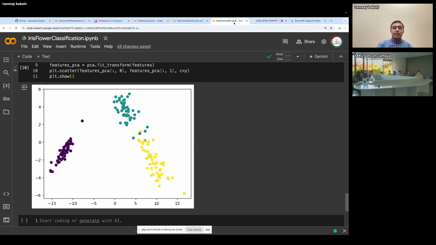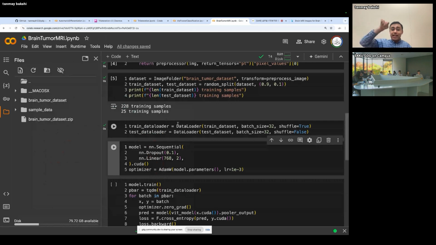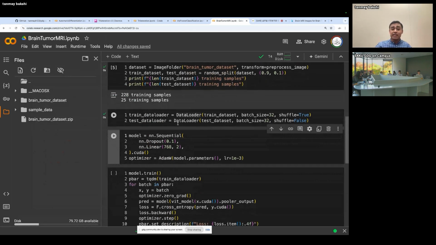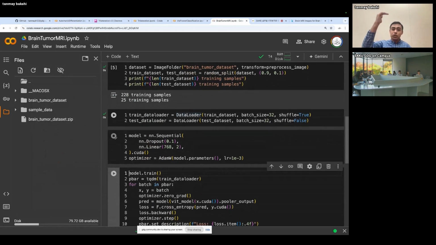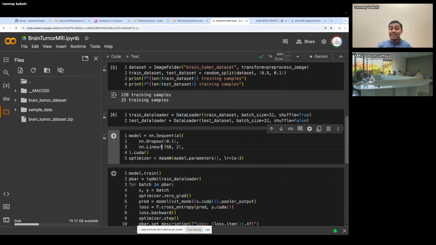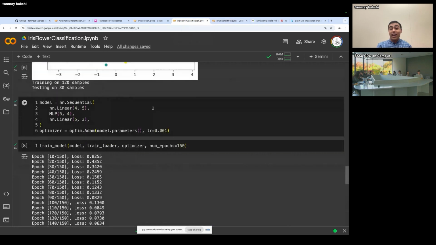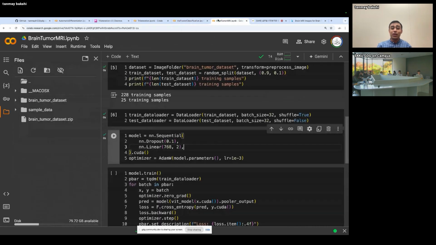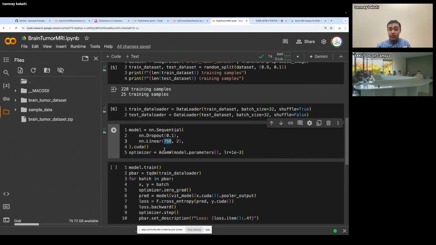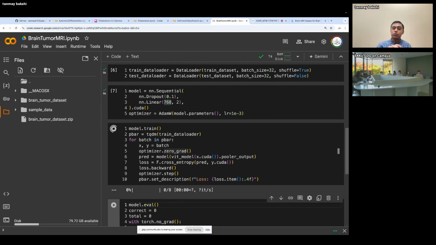So, similarly, we're going to take a look at that second last layer of this pre-trained image classifier model, and we're going to take its representation of images, which are 768 dimensions. Think about how big that is, because here we had a 5-dimensional representation of the iris flowers. Here we have a 768-dimensional vector representing the images that are fed into this model. And we're going to use that to train the model to predict whether or not the image has tumors.